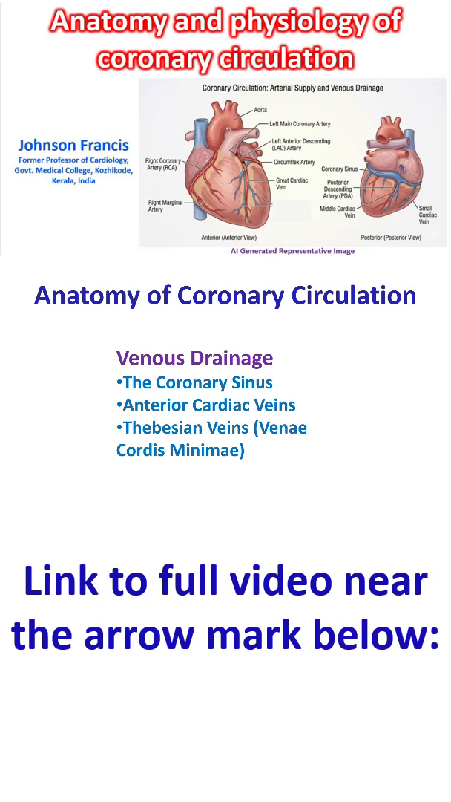Anterior cardiac veins. These drain the anterior right ventricle and empty directly into the right atrium, bypassing the coronary sinus. They may occasionally drain into the small cardiac veins. Thebesian veins, venae cordis minimae,